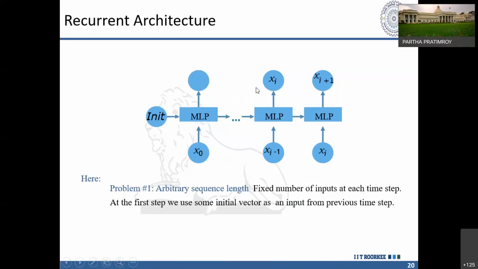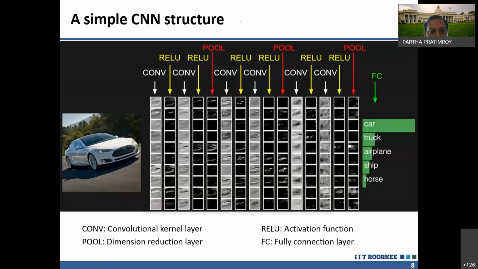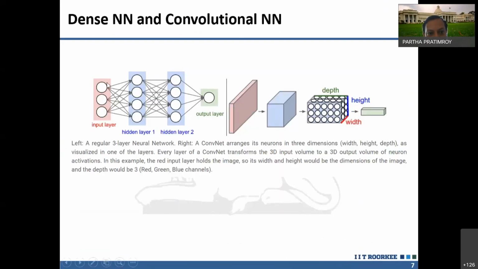So you have a neural network, a multi-layer perceptron. With the multi-layer perceptron, it is like this. You apply stack, you will get more. You apply more, you will get rise or risk books. So whatever you give as input, you get the output. If you give stack as input, you will receive more. That means this output needs to be connected to the input.